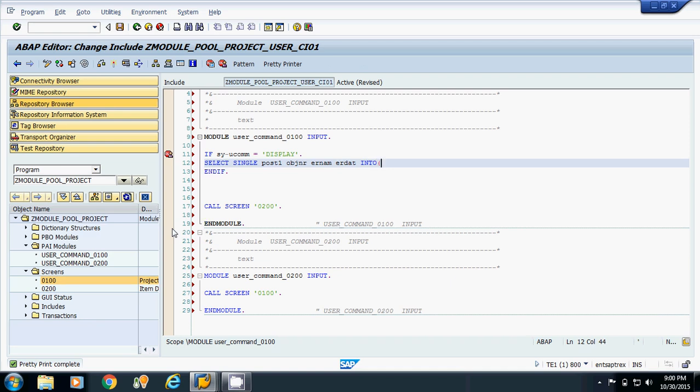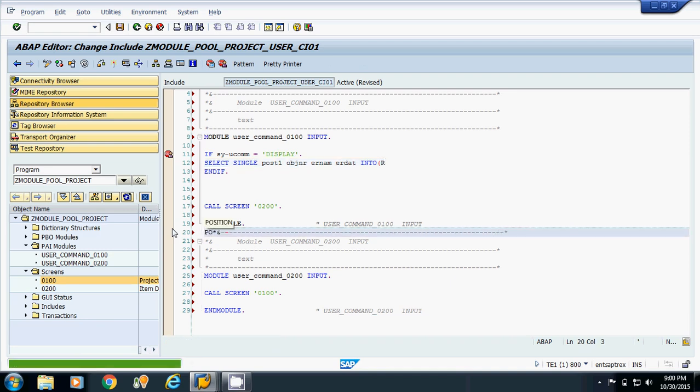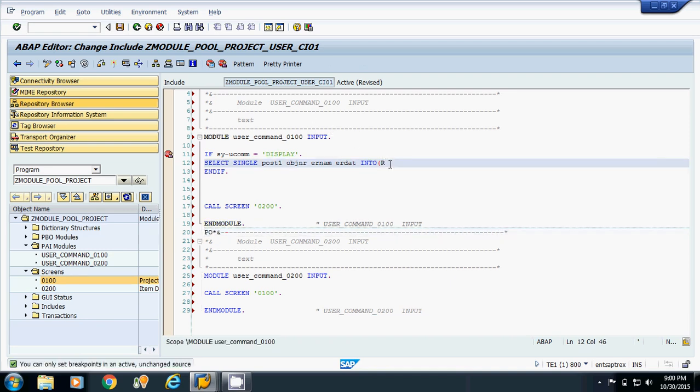Now my first variable of the screen is Proj-post1. Second one is Proj-objnr. Third one is Proj-ernam. Last one is Proj-erdat.